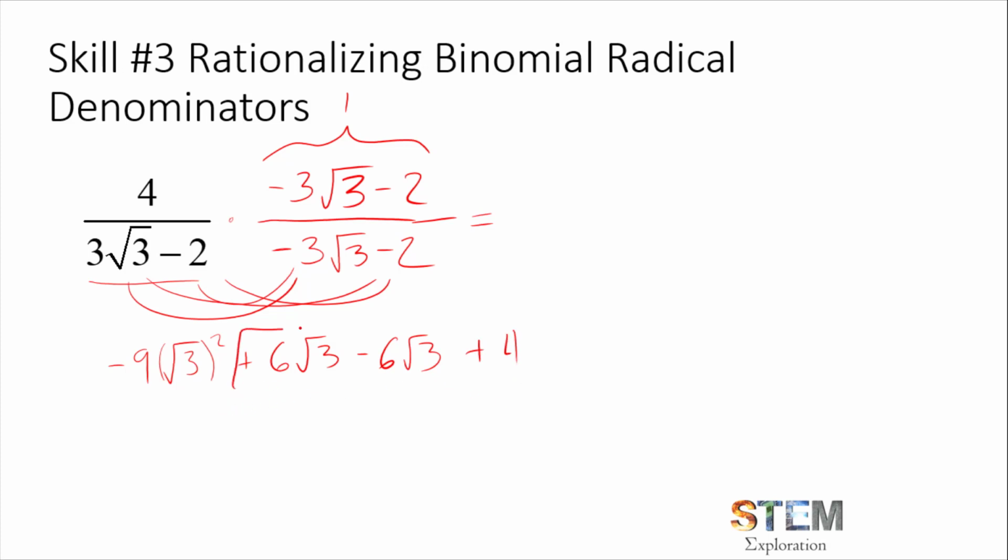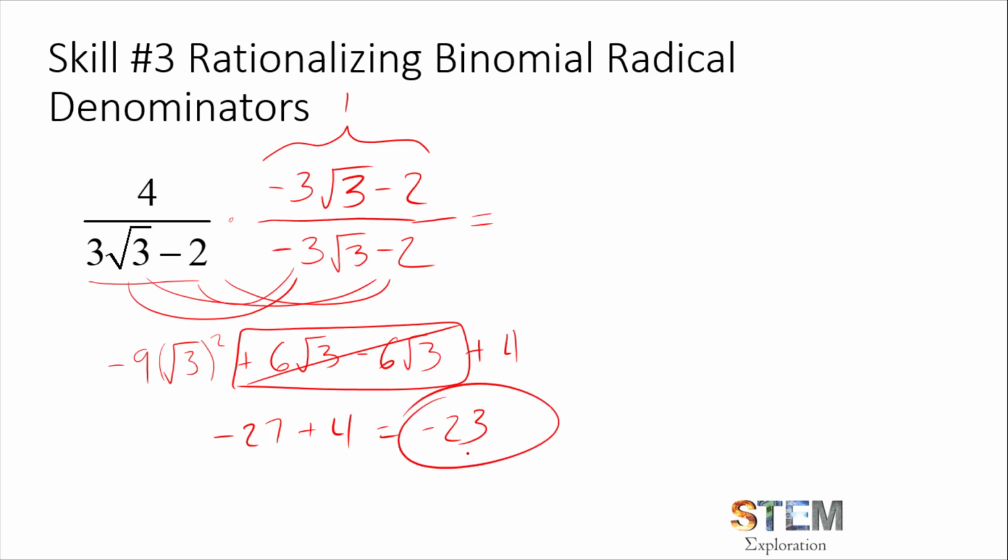But again, the idea here is this part cancels. We get -27 plus 4, and we get -23 as our denominator. Okay, so what we just did is we rationalized the binomial radical here. And so we get -23 in the denominator, and then on top what we're going to get is negative square roots of 3 over 3 here, times that by 4. That'll give us -12 square roots of 3